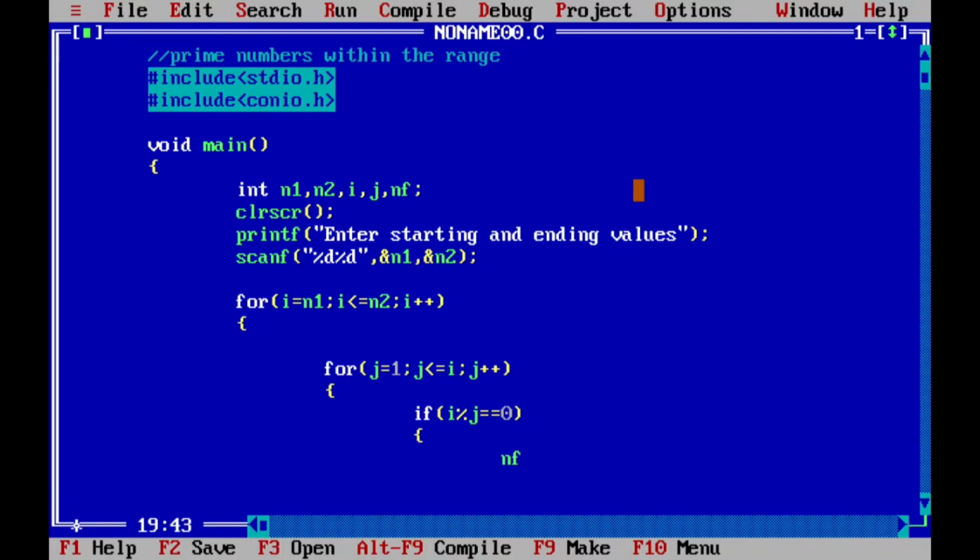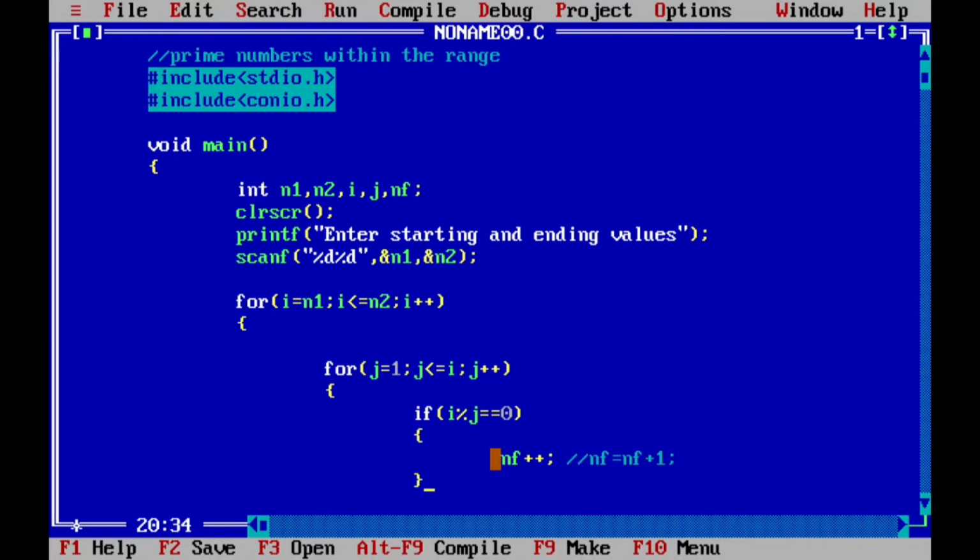Then we have to increment nf. nf is for number of factors. Incrementation only once. nf plus plus. nf equal to nf plus 1. What is the meaning of this one? nf is equal to nf plus 1. This is the meaning. I have entered it in the comment section. Okay, nf equal to nf plus 1.